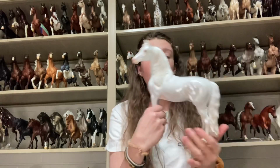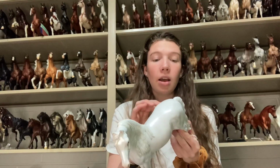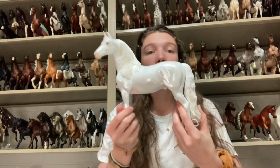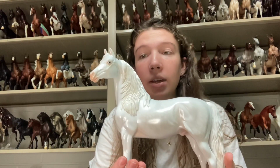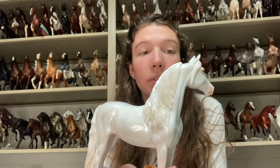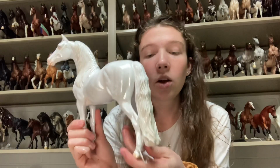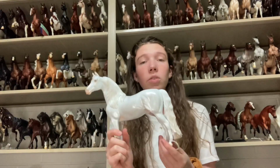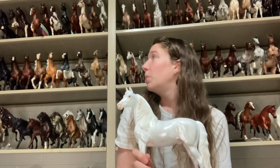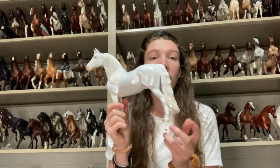Moving on, next is Blanc, I believe is his name. He was a loyalty club model, and he is in satin matte. He has the custom mane on both sides. I think his forelock is original, and then he has the original wavy Morgan tail, which is something they don't do very often anymore. They've been using the Andalusian tail on the Morgan mold, but I like this one a lot